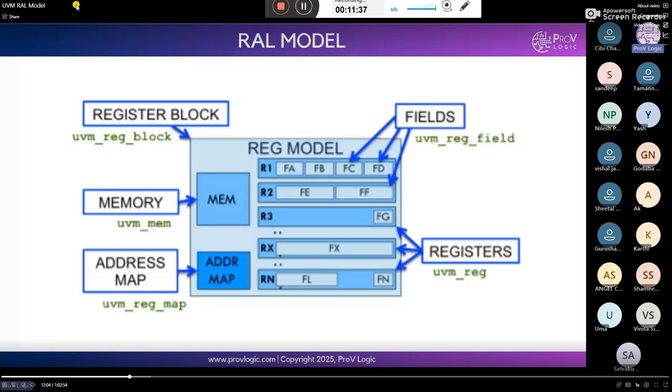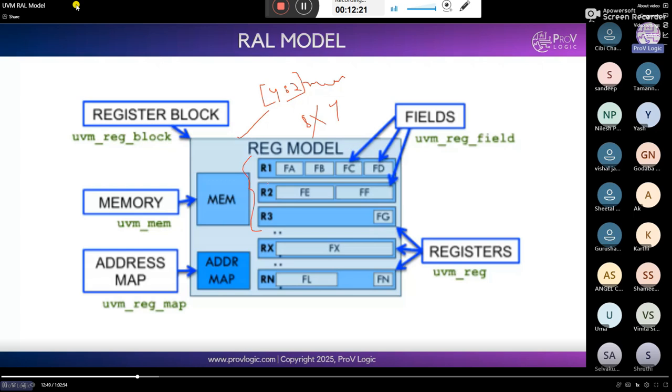So this is the RAL model. In the reg model, observe how the fields are there. First of all, how do we declare a register in terms of fields? Suppose there is a memory of 4 bit, 4 down to 2, multi-dimensional. That means in total it has 8 different registers, 4 depth by width. In total there will be 8 registers, so we can call it 8 by 4 locations.